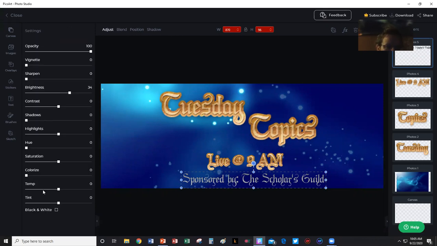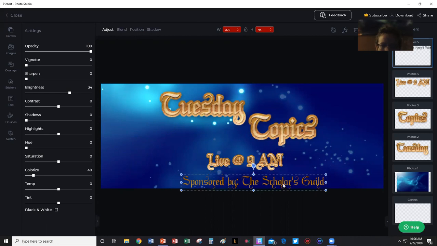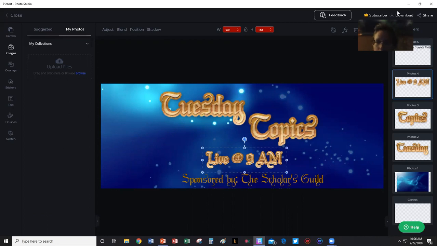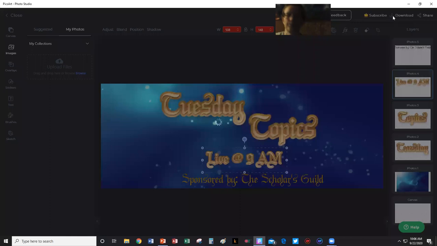I think I'm going to blend some of the colorization so that it's the same color as my font above. So there you can see it looks like a nice cohesive unit. You wouldn't know that I grabbed these at different times and created these at different times. And so that's a simple graphic for you. Let me see if I can get it onto, well, no, I don't think Facebook is going to let me do it.